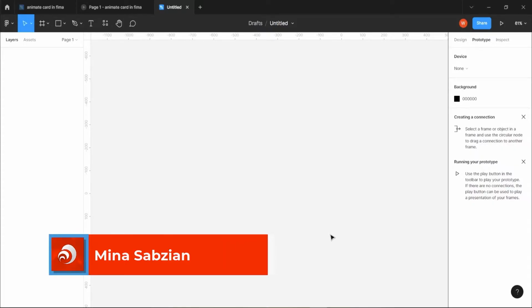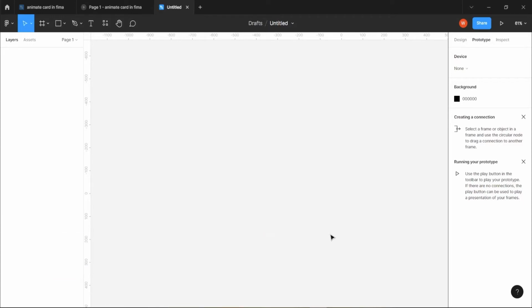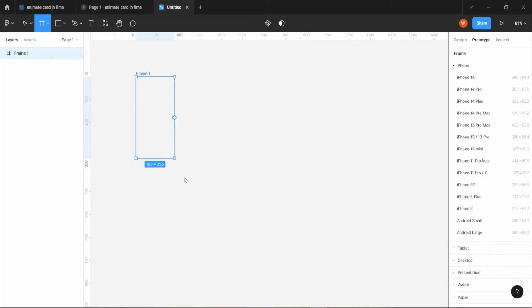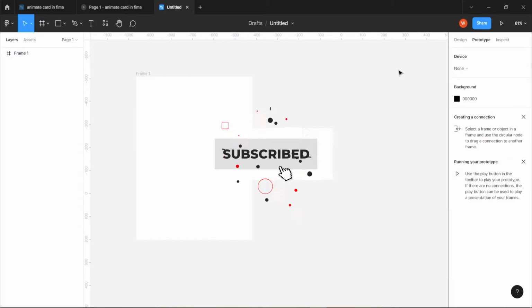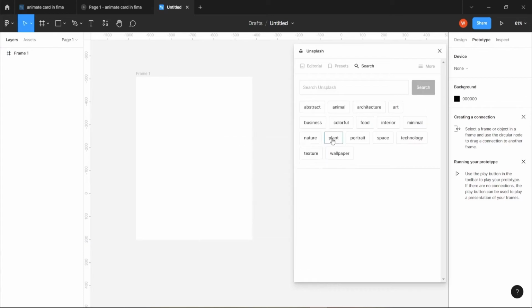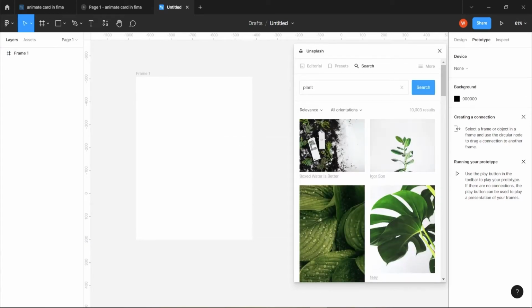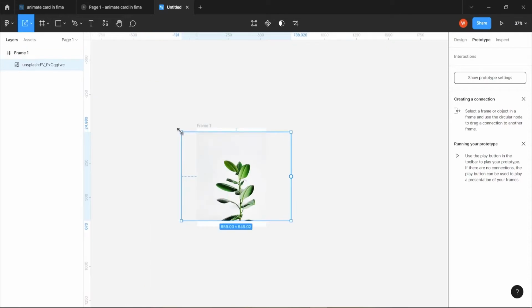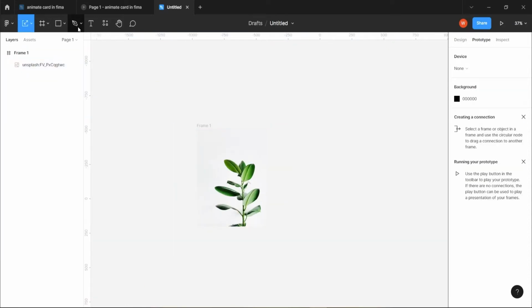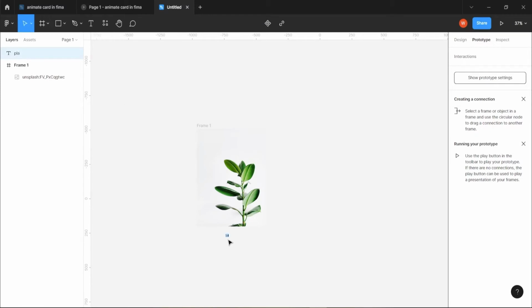Today we are going to learn how we can make an animated card in Figma. Please first of all make a frame, and now we are going to bring some pictures from Unsplash, some plant, for example this one. I'm going to decrease the size with scale, press the key, make it a little bit bigger. Then I'm going to write some text here, for example, plant